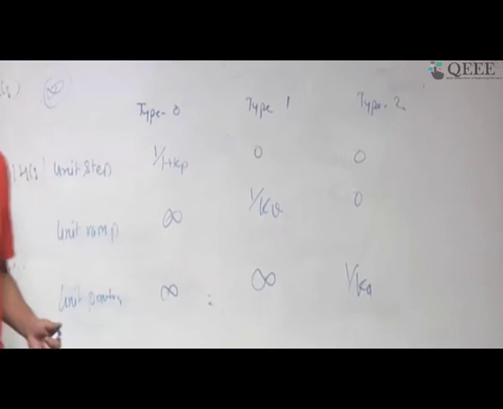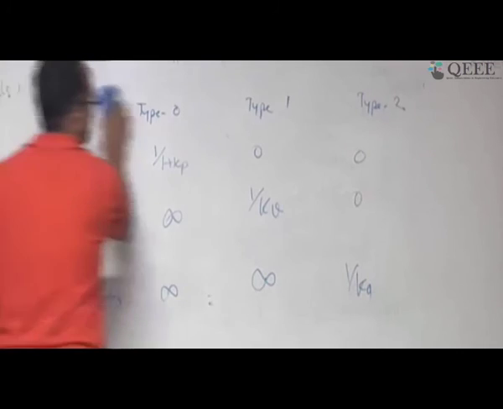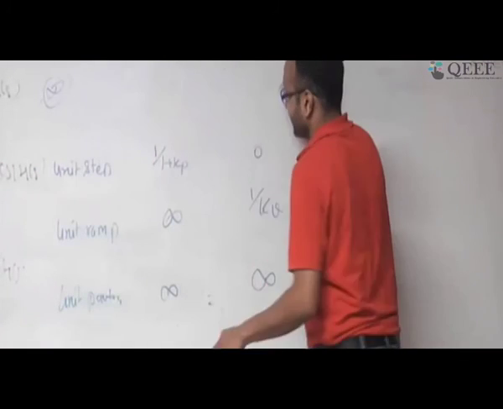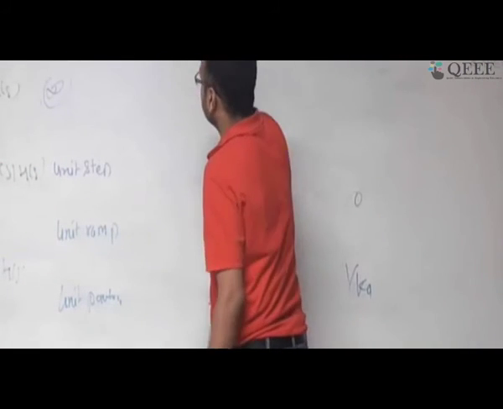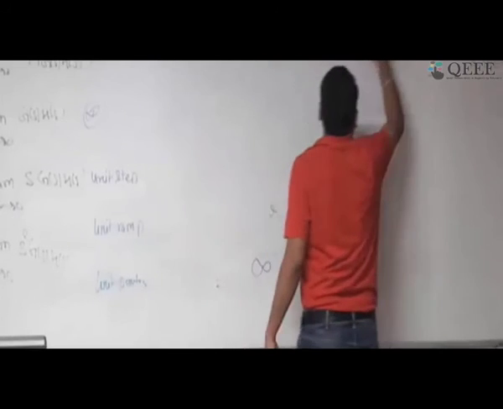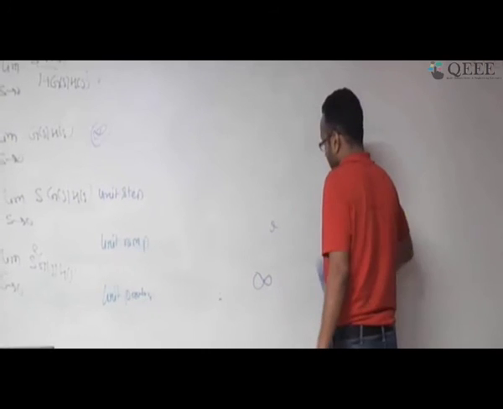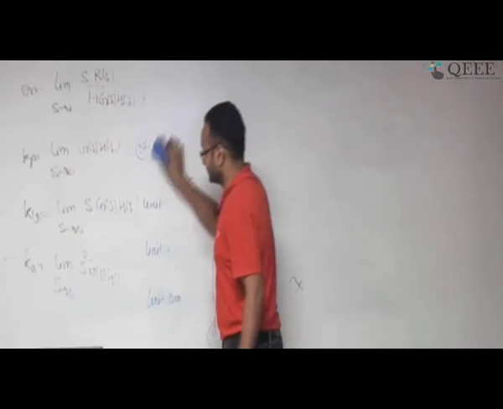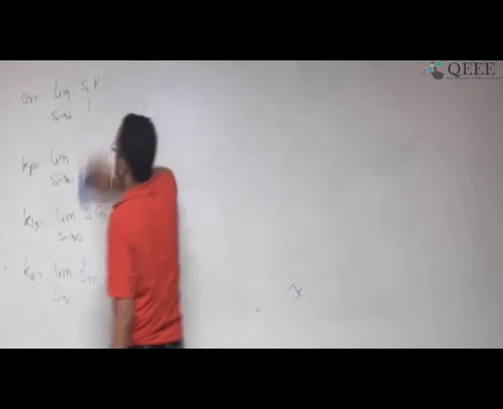Okay, so this is what I want to convey. This is the diagram which I have given you in your handouts. Please look at it, and it's very straightforward. You can work it out. But from this, you can conclude that if I increase the type of the system, the steady state error is going to come down.